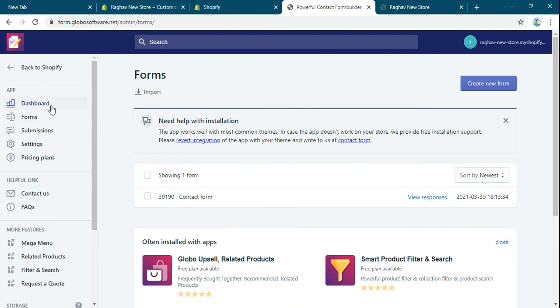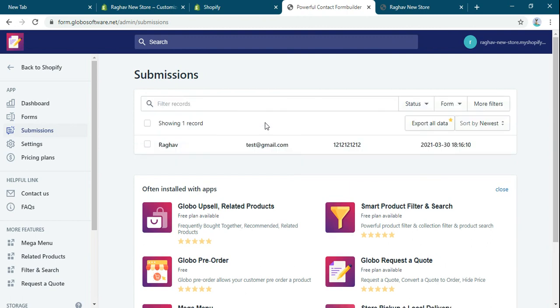In this you can visit the submissions also. In the submissions you can see how many people have filled the forms. If you want to export this data, you can export it also.